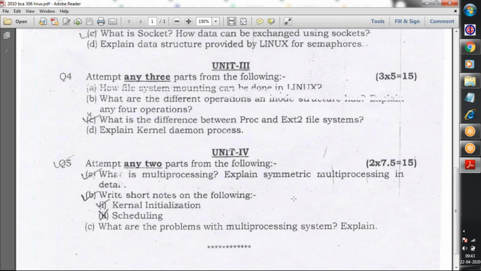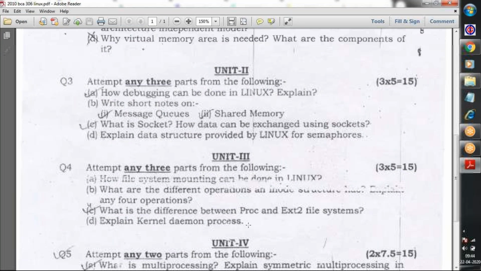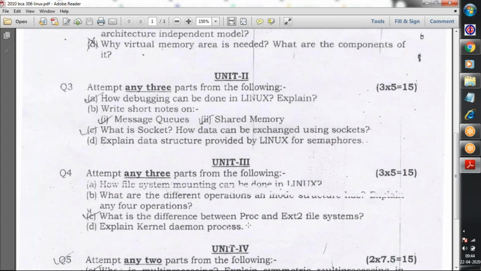Multiprocessing problems are basically nothing but synchronization. For that one, we are using the semaphores, and multiprocessing means you have to run multiple processes without any deadlock situations. So synchronization has to be done in a very careful manner, and using semaphores, we can avoid many problems in multiprocessing. So multiprocessing is resource sharing, memory locking, resource blocking, then synchronization. So there are many problems with multiprocessors. Fine. So these are the 2012, 2014, and 2015 papers.